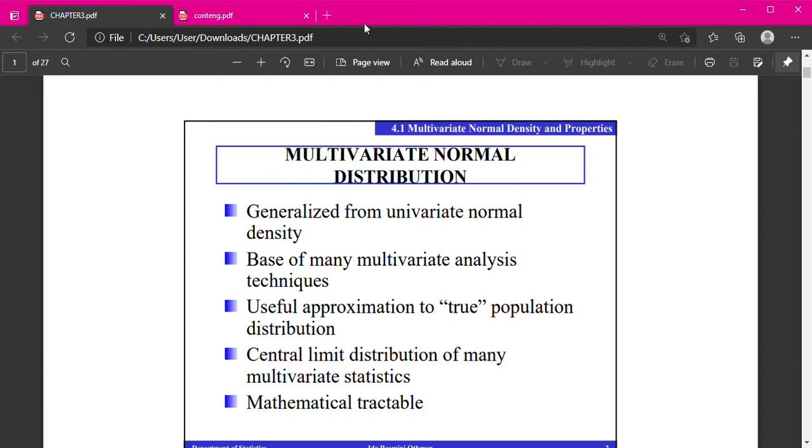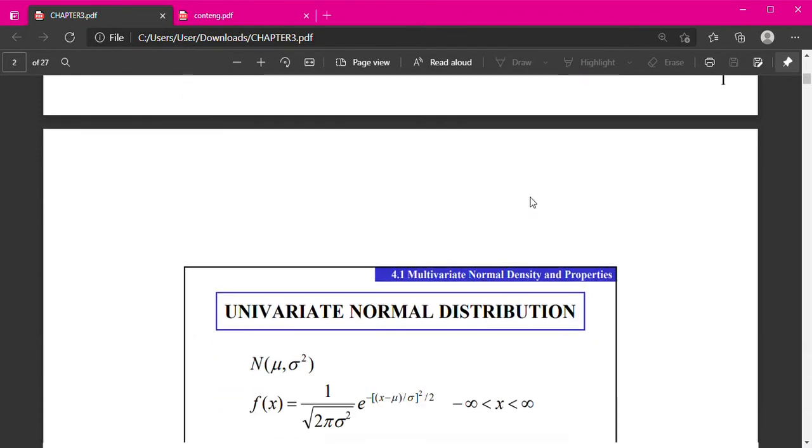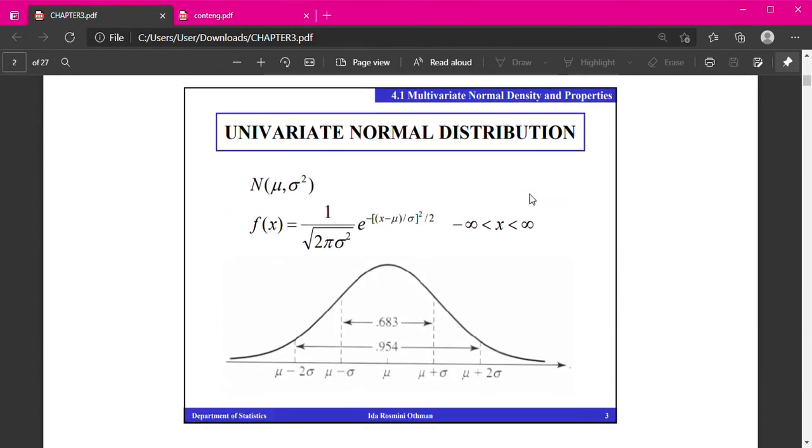Kita approximate kepada normal because the sample size is large. So in multivariate pun kita akan gunakan normal distribution, and we can see macam mana function ataupun PDF for the multivariate normal density. Okay, so this one adalah